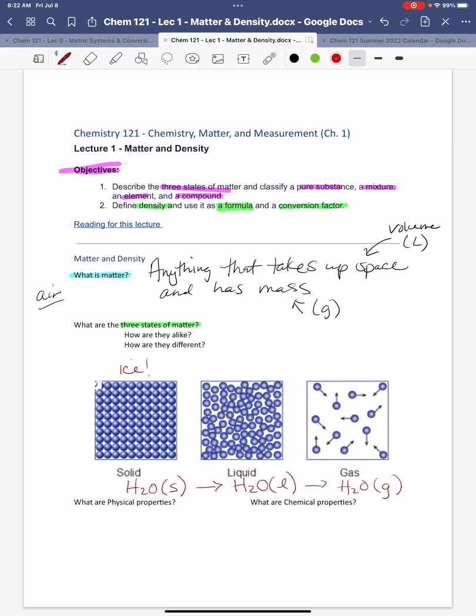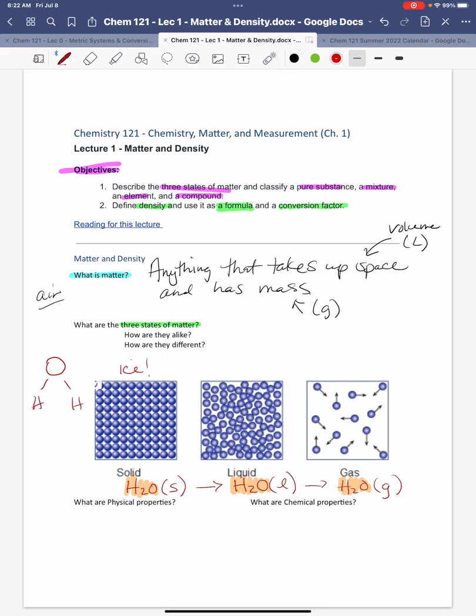But I want you to really contemplate, like, how are these things alike and how are they different? The first way they're alike, hopefully you'll notice, is that they're all made of the same stuff. I'm just going to point out, and I think everybody knows, that H2O looks like this. It's got an oxygen particle and two hydrogens attached to it. There's a specific shape to it, which we'll get into later, and we'll explain why that shape is that way.